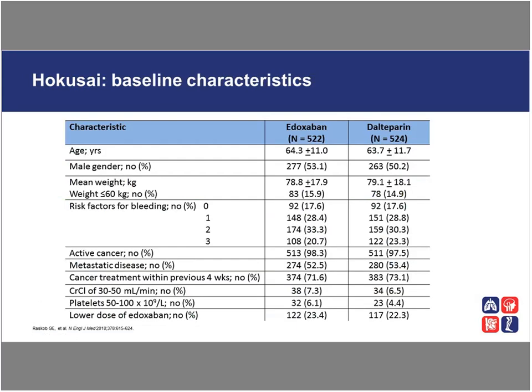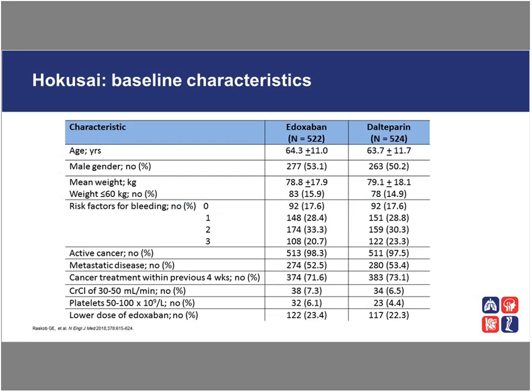So here we have the classical Table 1, which describes the baseline characteristics. You see that in general, the patients were well balanced between the two groups, with around 53% of patients being men in the edoxaban group versus 50% in the dalteparin group, median age of around 64 in edoxaban and 63 in dalteparin. And what I'll highlight is that